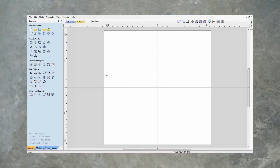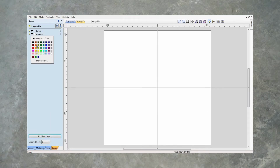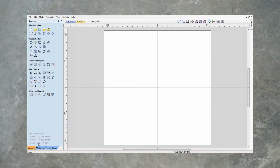And before we get started, I want to create a couple of layers. I'm going to go to the layers tab. I'm going to add a new layer. I'm going to call this one guides. And we'll create another one and call that profile. Give it a different color. And we will go to our guides layer, make that active. Back to drawing, and create a